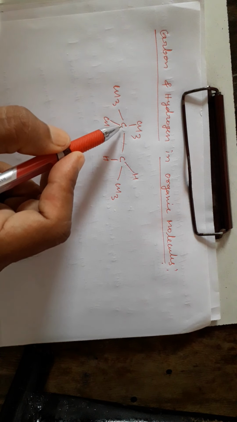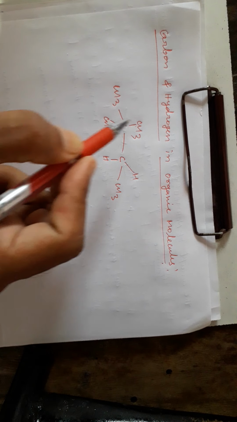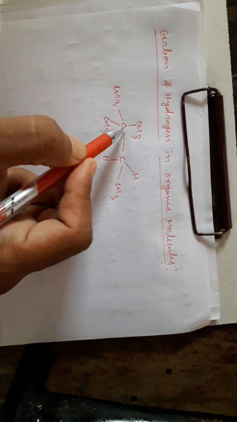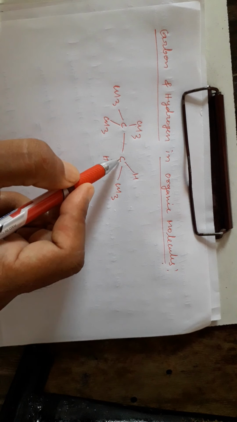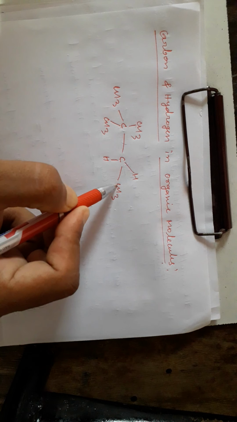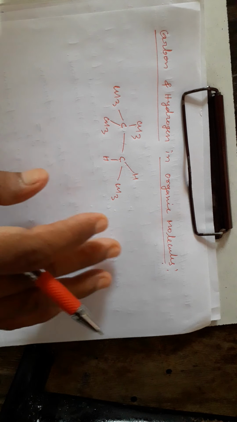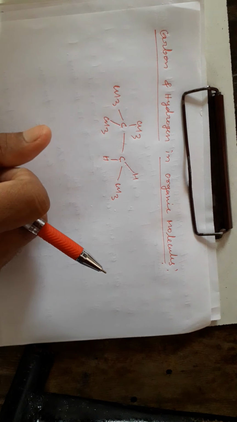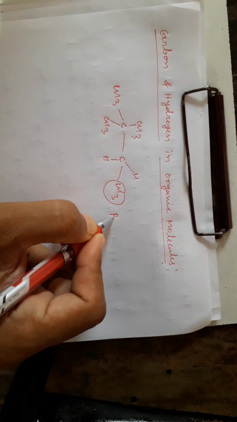In this molecule, this carbon atom is attached with four other carbon atoms, and these carbon atoms are attached with only this carbon atom. Further, this carbon atom is attached with two other carbons, and this carbon is attached with only one carbon atom. So the carbon attached with only one other carbon atom in a molecule is called primary carbon. So it will be the primary carbon,